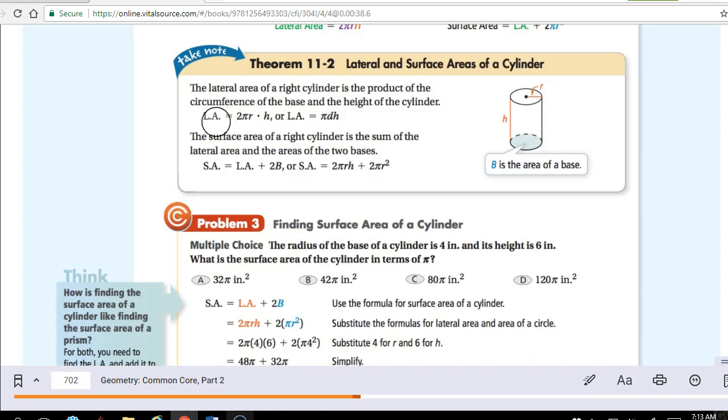But to find the lateral area, excuse me, the side area, remember that rectangle is 2 pi r, which is the length, times the height, or you can say pi times diameter times the height instead of 2 pi r times the height. Either one works, okay? So if we look at problem number 3 specifically here,